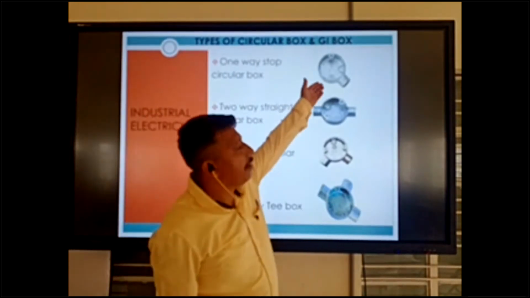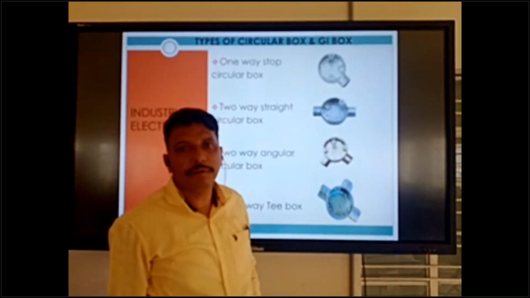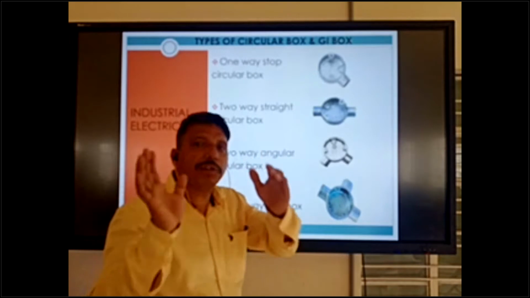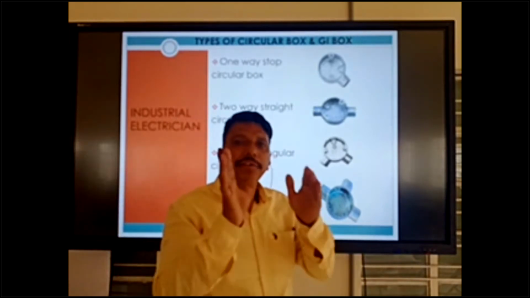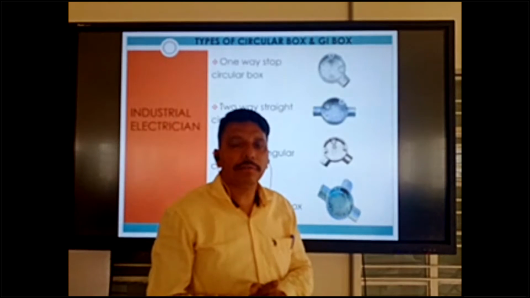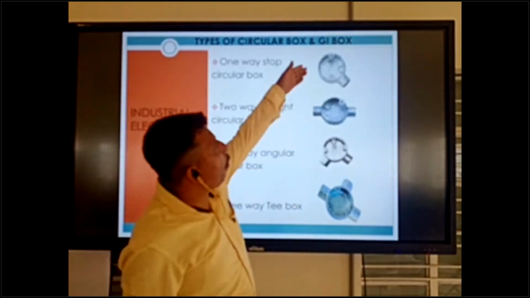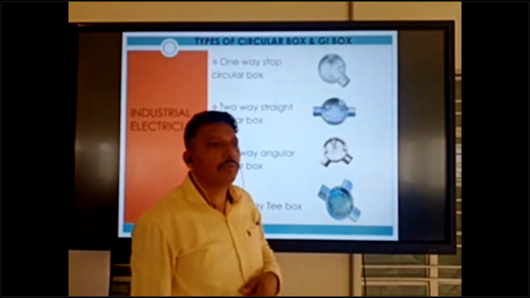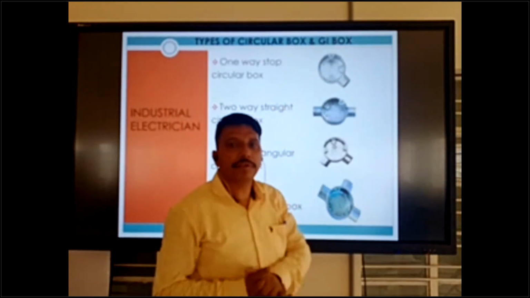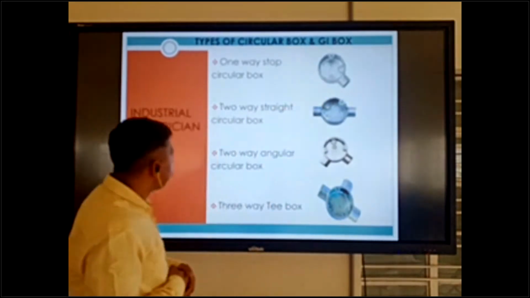So in one circuit there can be 9, 10, 5, 6 light points available. That time at the end point we can use a one way box.